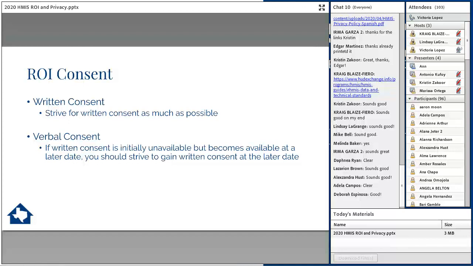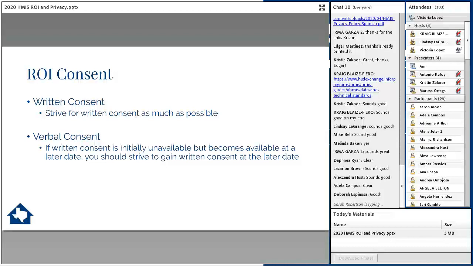If you're not able to get written consent from your client, meaning they are not able to physically present at your office or agency to physically sign the ROI, you can have this conversation over the phone or verbally with your client. Now, this is not as desirable as getting written consent from the client, but there will be situations in which written consent is not possible, and that's totally okay. The COVID-19 pandemic is a great example of this situation. Maybe not great. But because of the pandemic, we might have to pivot from our normal consent collection process because we might not be able to get that written consent as often as we used to.